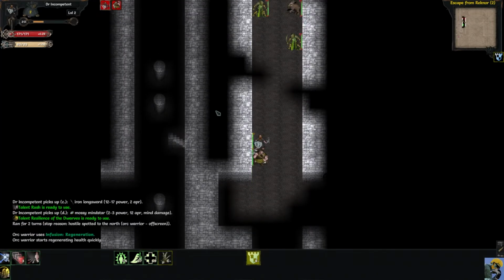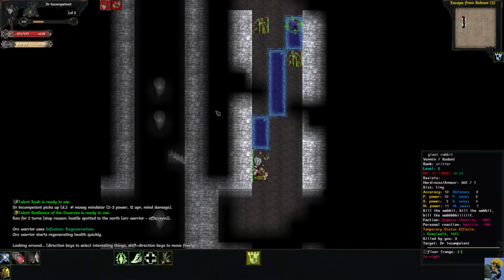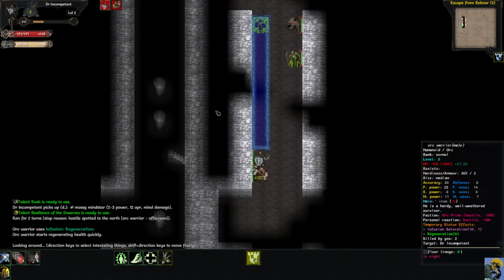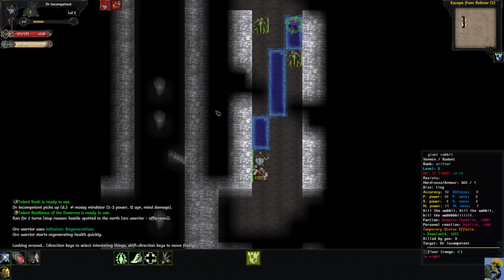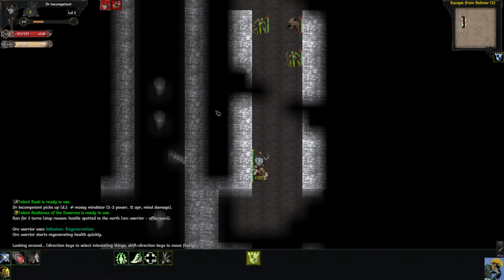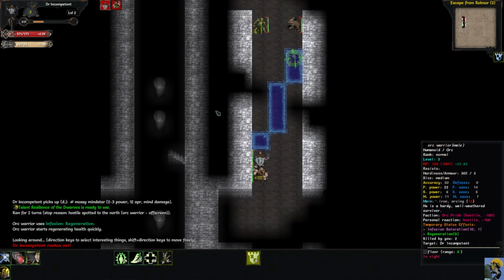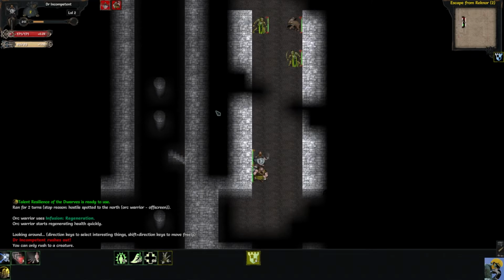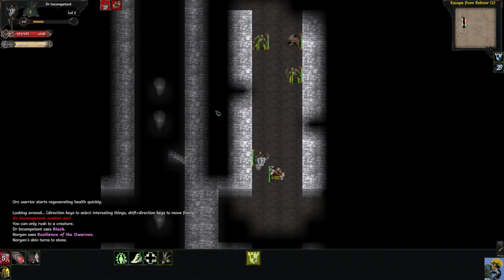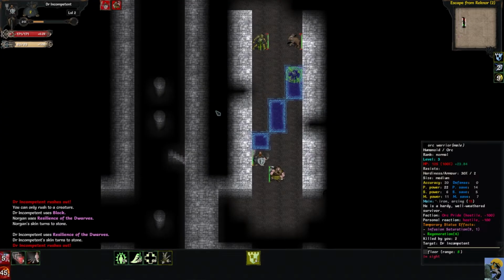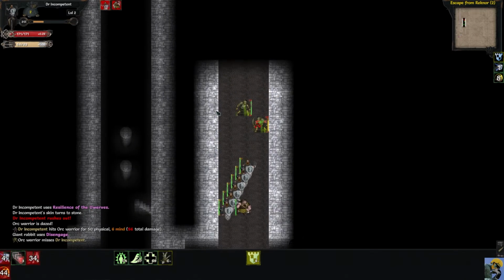He's using infusions, and oh, look, things have changed. I'm actually going to push the L key just to look around and see what we've got. There's an orc warrior, there's a rabbit, and there's a warrior. So there's a lot of stuff up here. If I want to charge this guy, I can. And I'm going to, but before that I'm going to use block, and I'm going to use Dwarven Resilience, and now I've got everything on,